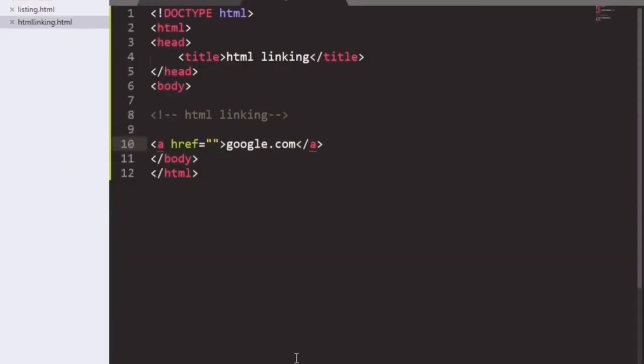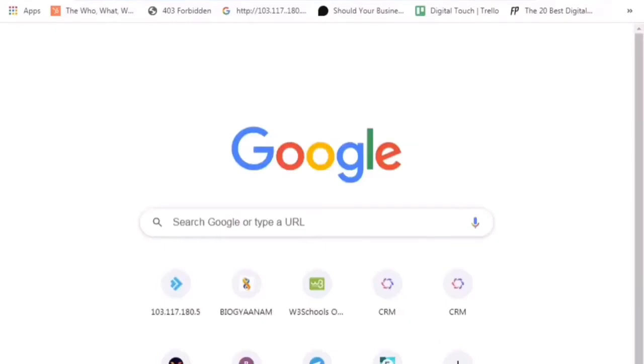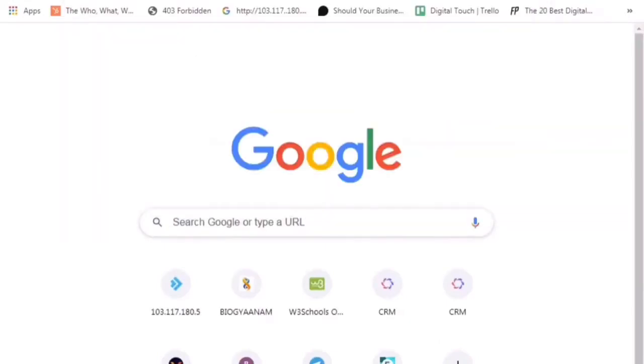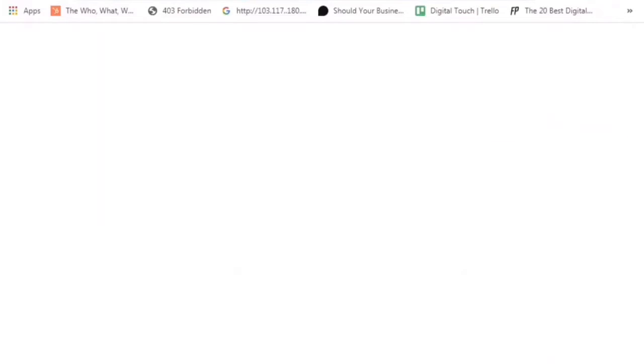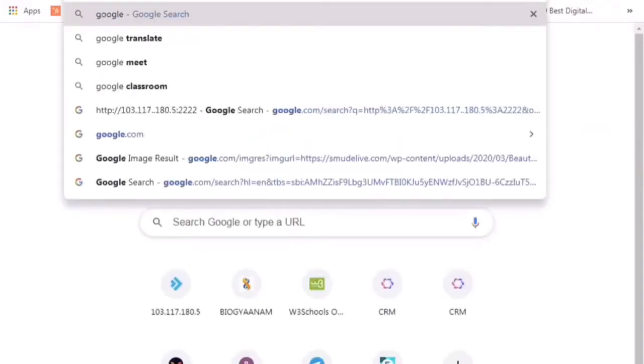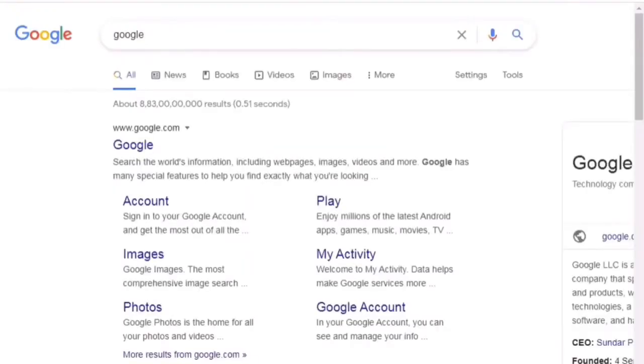So now save the file, go to the browser, check your web page. So we will open the link from here. As we want Google to be href, that is, we want linking for the Google element.